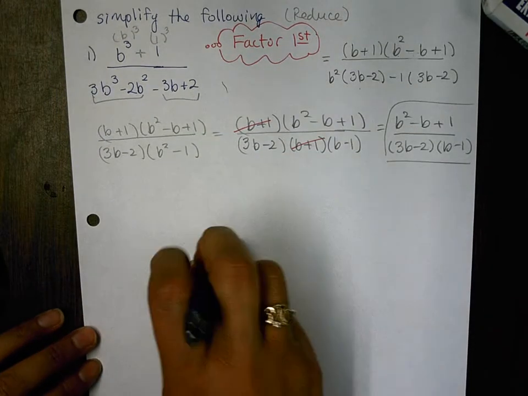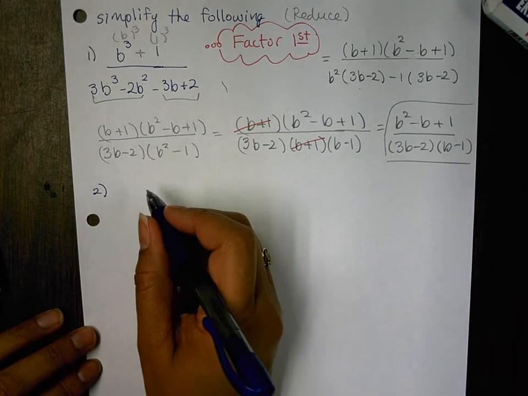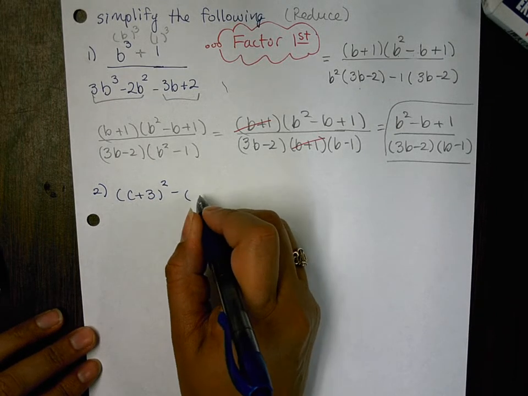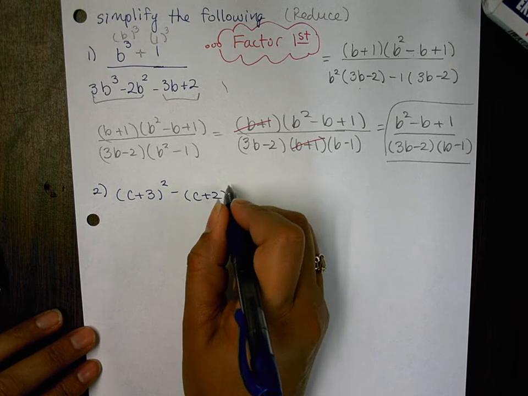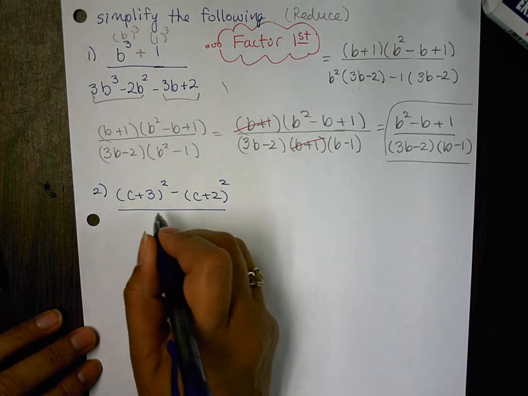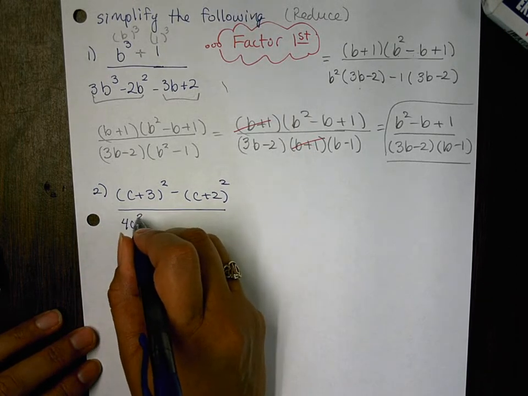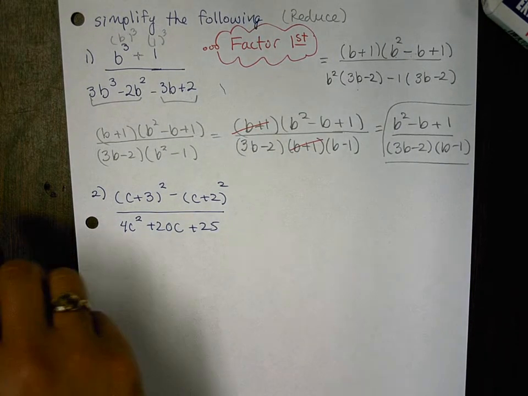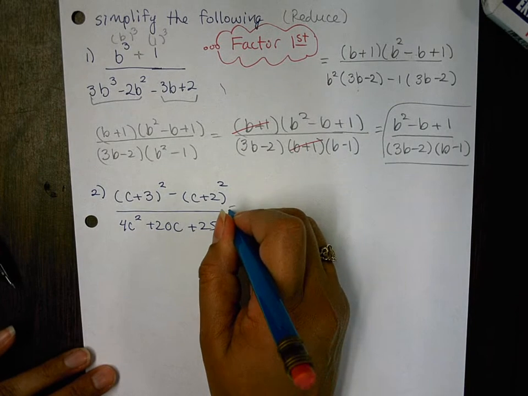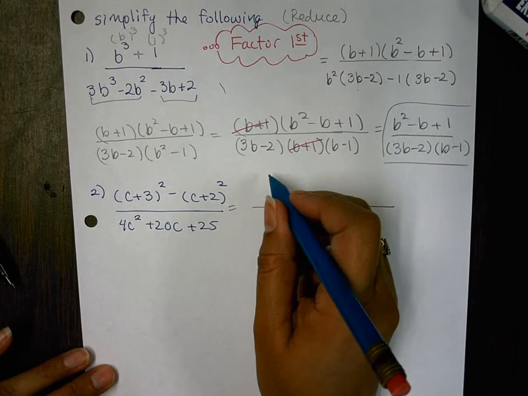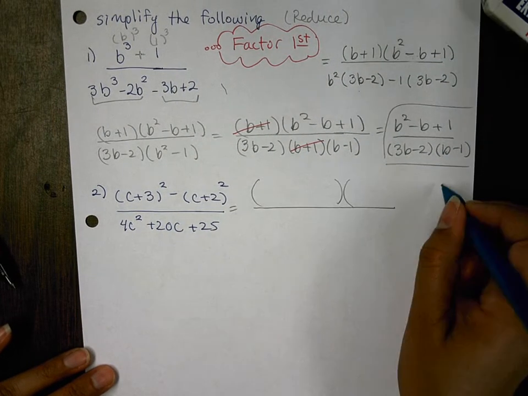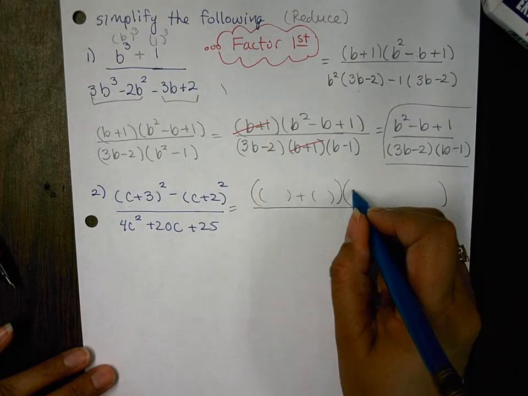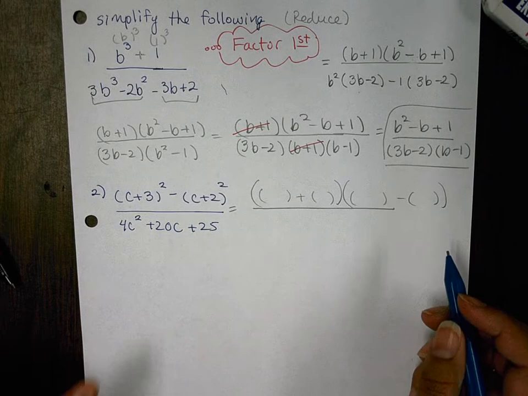Okay, number 2. The quantity of c plus 3 squared minus the quantity of c plus 2 squared all over 4c squared plus 20c plus 25. And the top one is a difference of squares. It's a chunky difference of squares, but it is one. So I'm going to put my big exaggerated parentheses. And these here are both chunky pieces, so it's first plus second, first minus second,